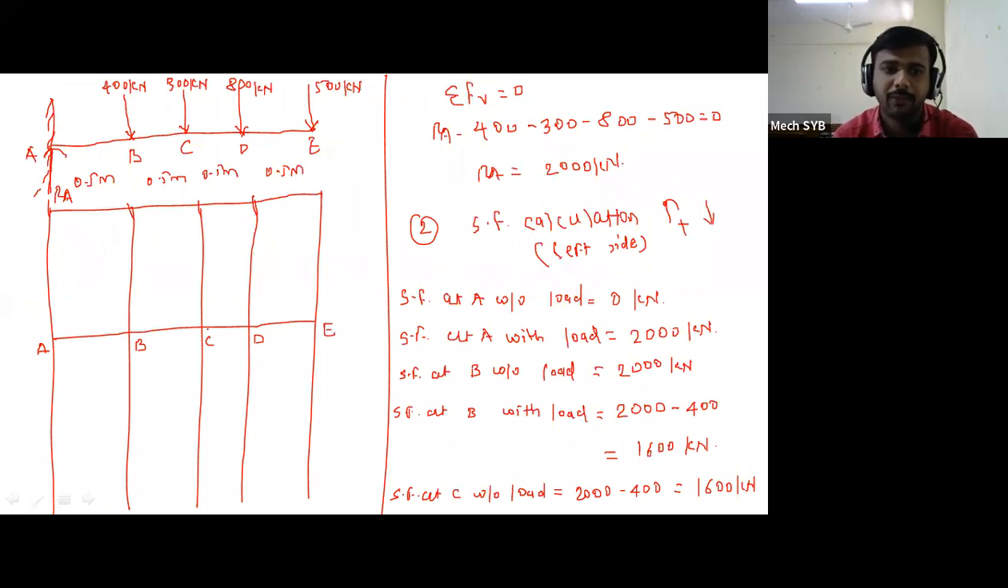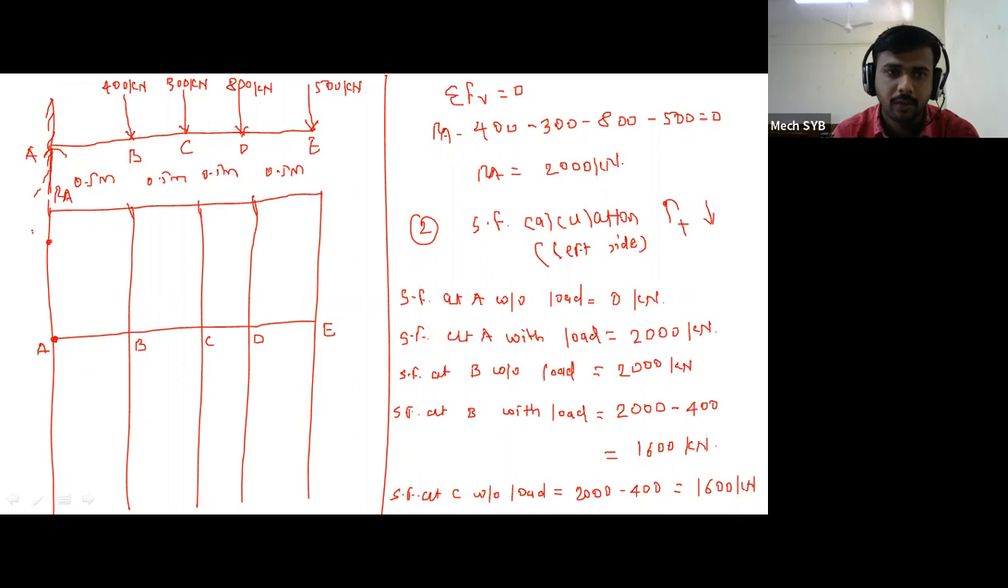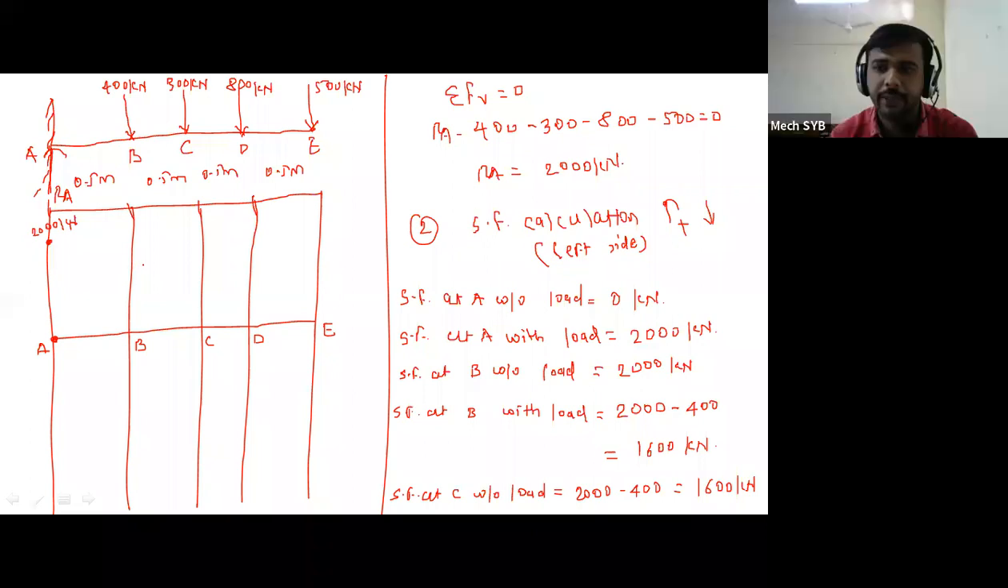Tell me one by one. SF at point A without load 0. SF at point A with load 2000 kilonewton. SF at point B without load 2000, same point will continue, 2000 kilonewton. SF at point B with load